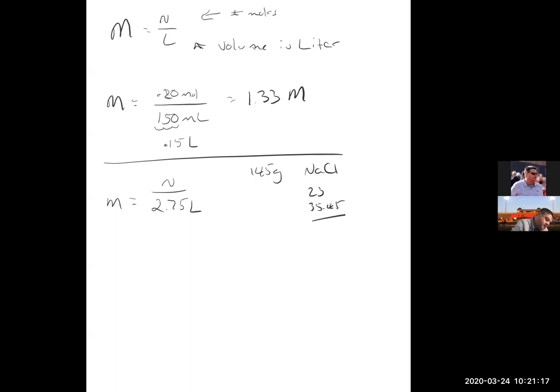I add that together, I'm going to get 58.45. So to find the number of moles, I'm going to say 145 divided by